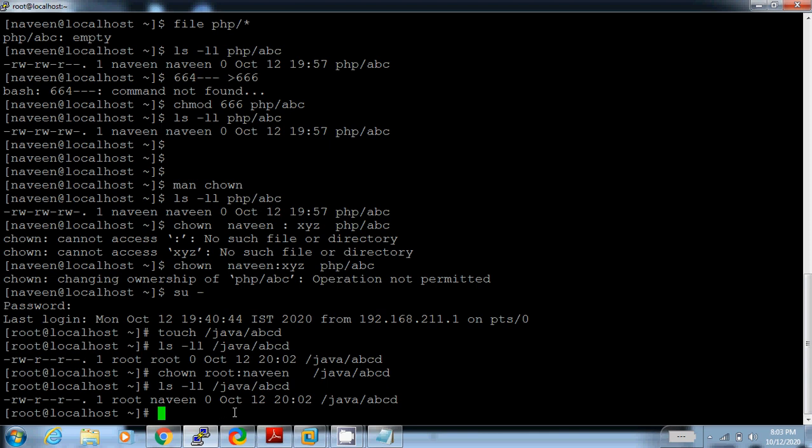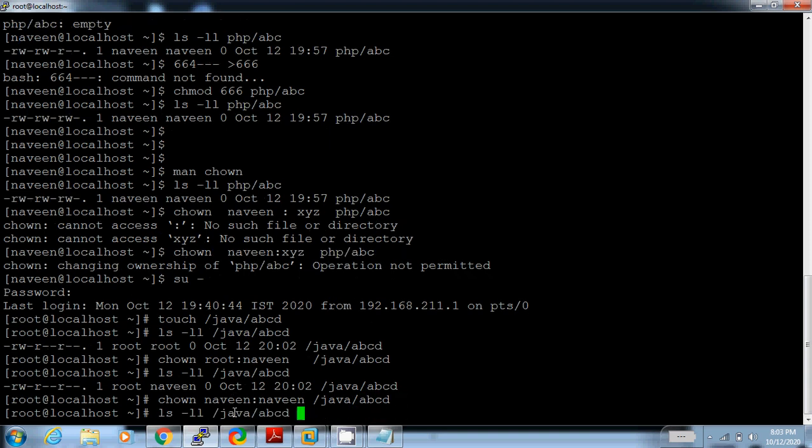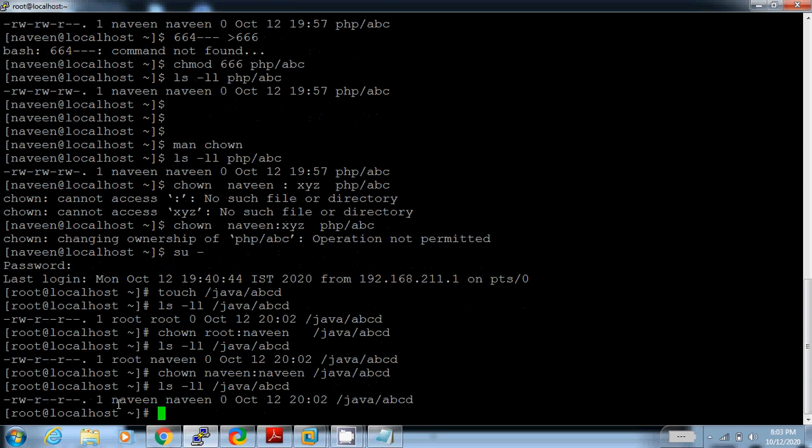If you want to change user and group, then you will run the command chown Naveen, file is Java ABCD. Now check the permission. Now file owner is Naveen and group also Naveen.